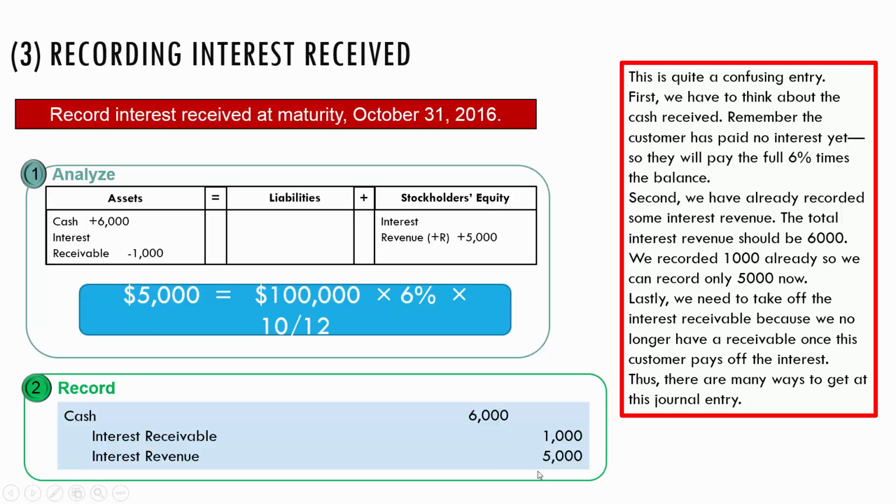gets us there. This is one of the beautiful things about the dual entry accounting system, is that when we do this, you notice the balances are right. Our interest receivable related to this note will have a zero balance. We put in 1,000, we're taking out the 1,000 here. Our interest revenue in this time period is recorded properly. It is 5,000. We said 5,000 should be in this fiscal year, and the amount of cash we received reflects the actual cash which we